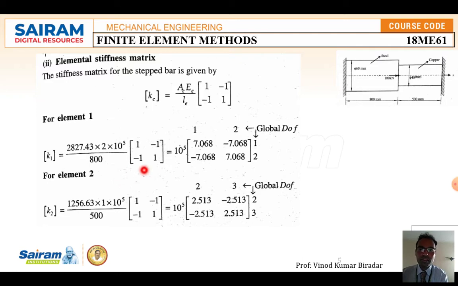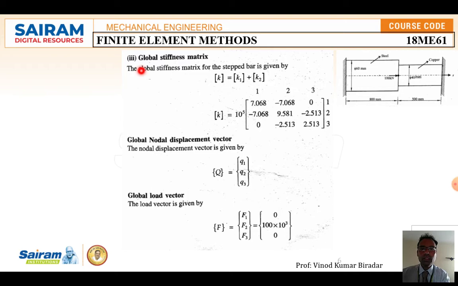So here, while solving, this is most important. Don't calculate here: this is 10 to the power of 5, this is 10 to the power of 4. You have to solve this in such a way that the outside power is kept the same. Then only you can make the global stiffness matrix, and taking the common factor is very easy.